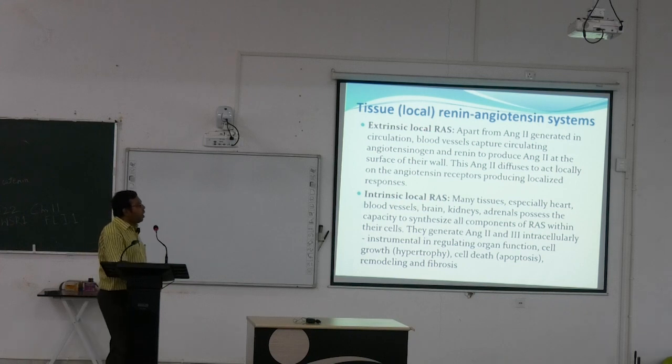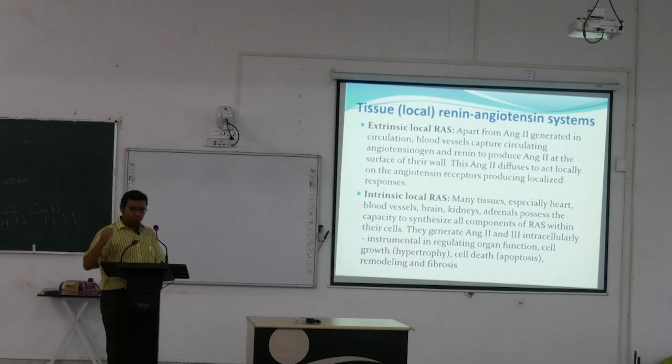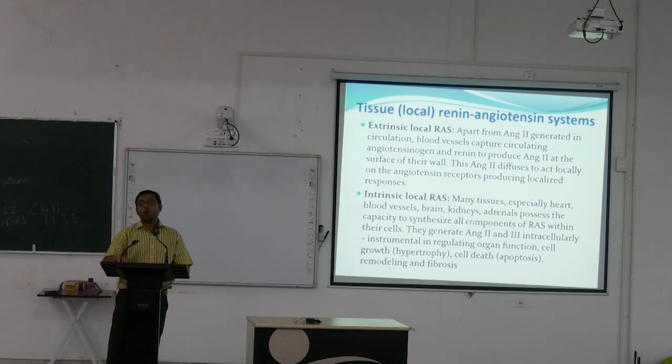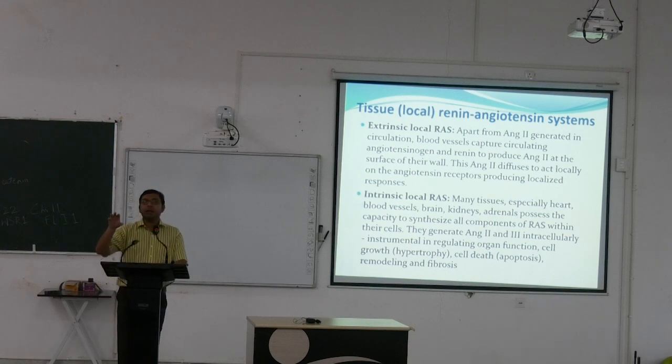Extrinsic local: apart from angiotensin 2 generated in circulation, blood vessels capture circulating angiotensinogen and renin to produce angiotensin 2 at the surface of their wall. So the blood vessel wall itself can capture the angiotensinogen and renin to form the angiotensin 2. This angiotensin 2 diffuses to act locally on the angiotensin receptors, producing a localized response. So not only the systemic response, a localized response, that is localized vasoconstriction, also happens, and ultimately it helps in controlling